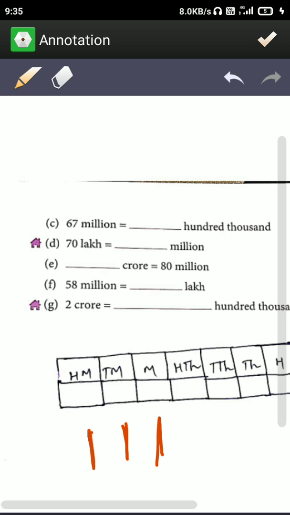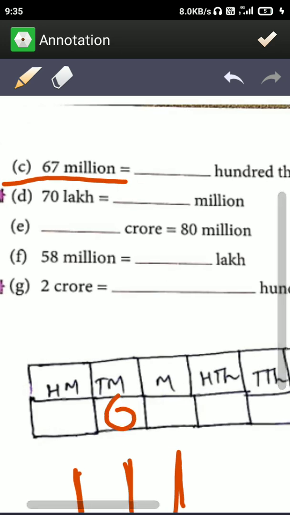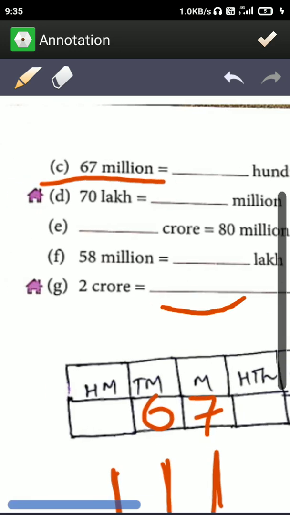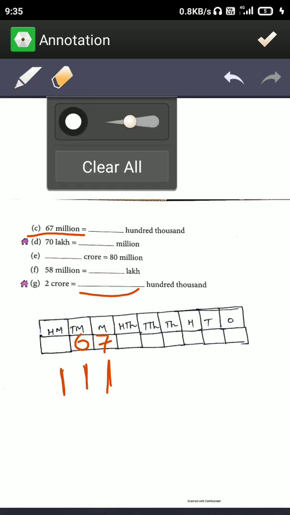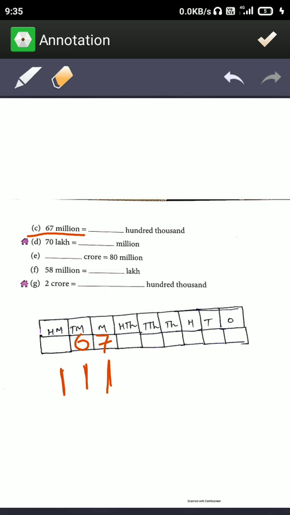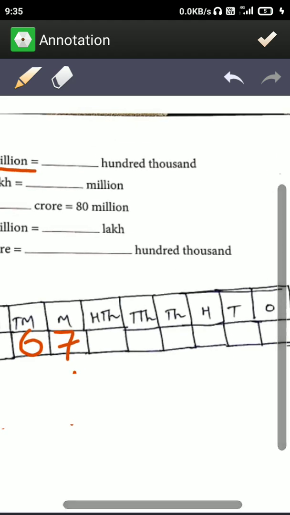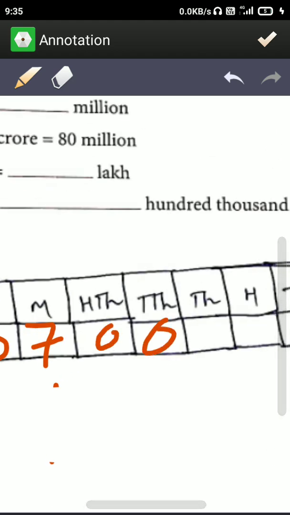It is the tens place, so here we will write 67 million. We will write 60 million, then 0 0 0